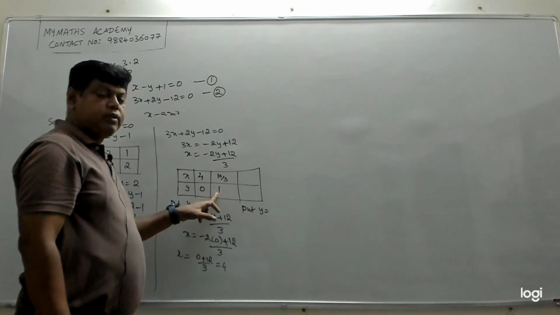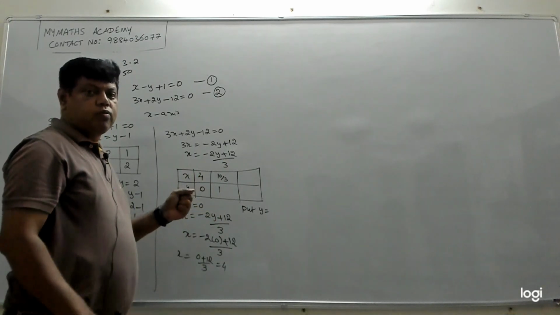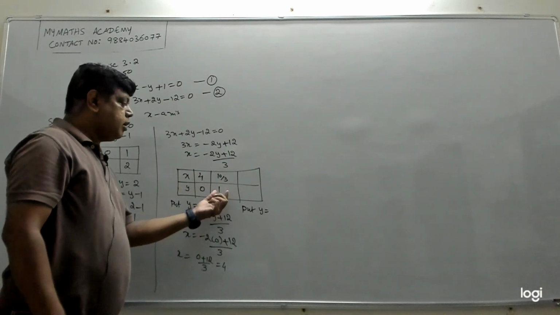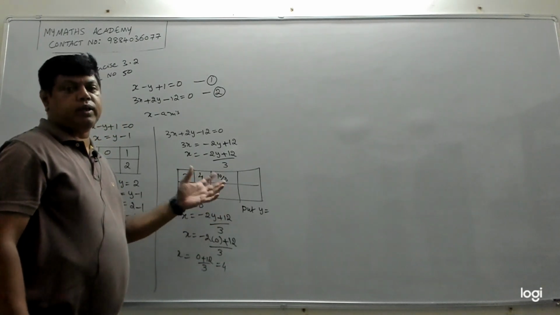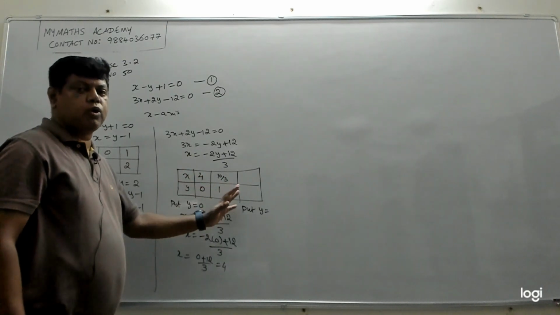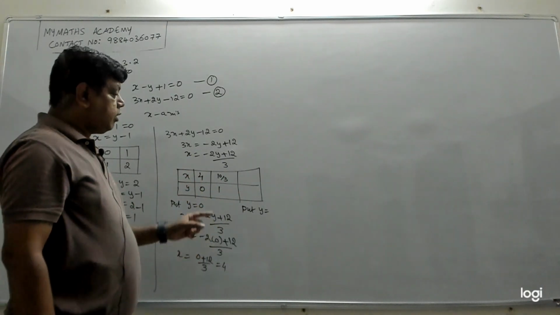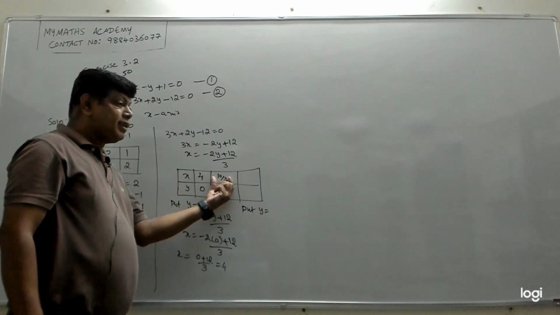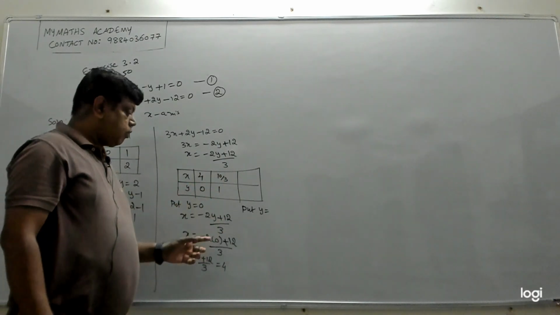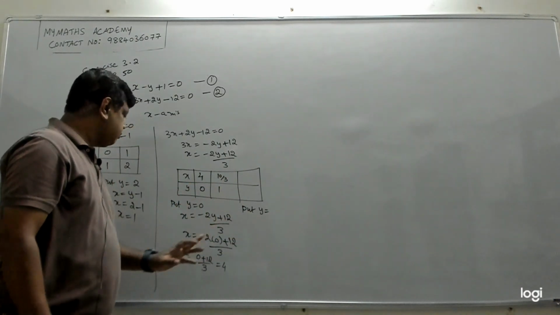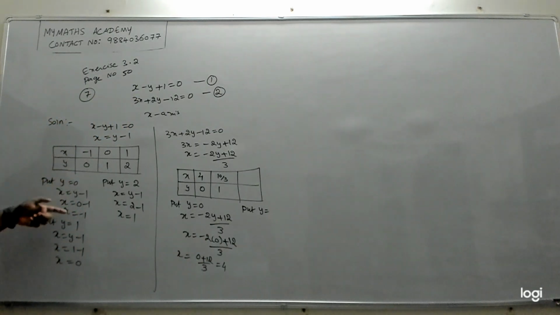See, this value is what we are substituting, so we have the control. We put only 0, 1, 2. We don't put minus 3 by 2 or 5 by 2 like that. We don't put fraction values. We always put a whole number or an integer. In the end, we should also get an integer for the other variable we are calculating. But 1 doesn't work. So we can follow this logic: I'll put 0, 1, 2.